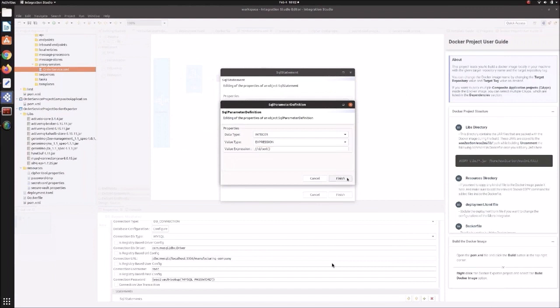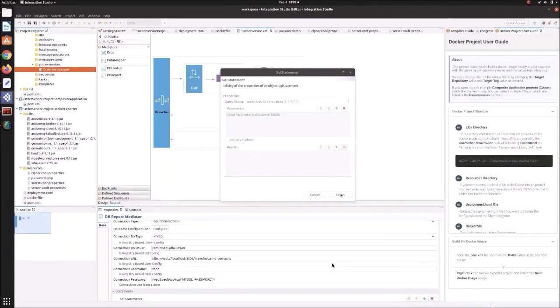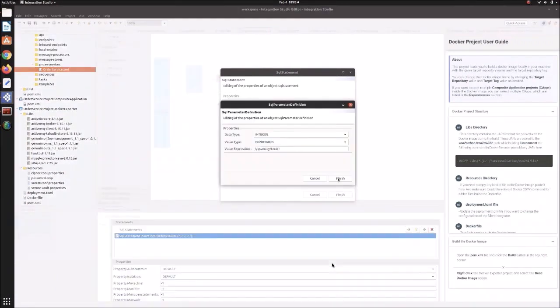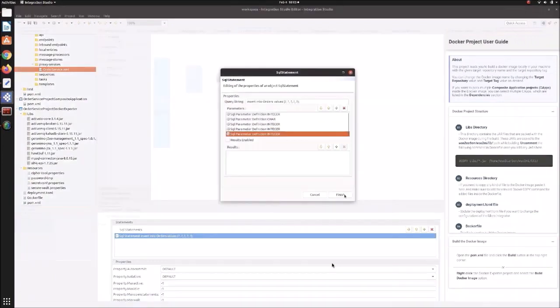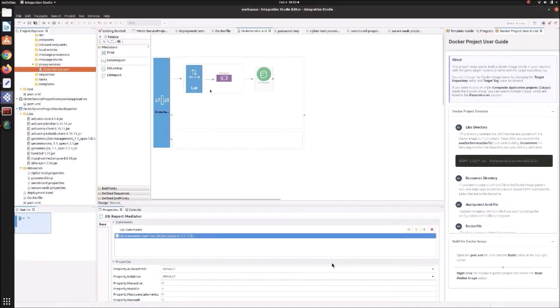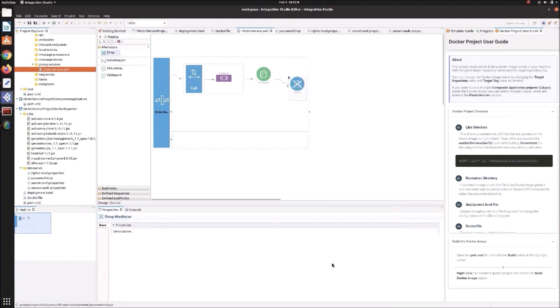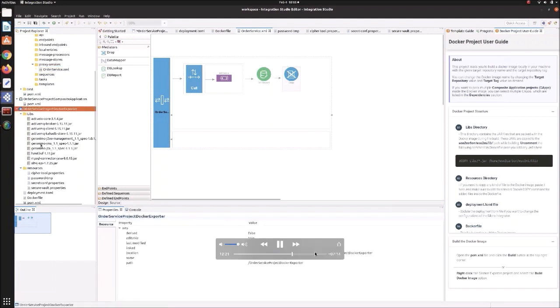Likewise, we can add all the required parameters for our DB report mediator. Let's save this, and we will add a drop mediator at the end of the integration flow to make sure the integration flow is stopped at this point.